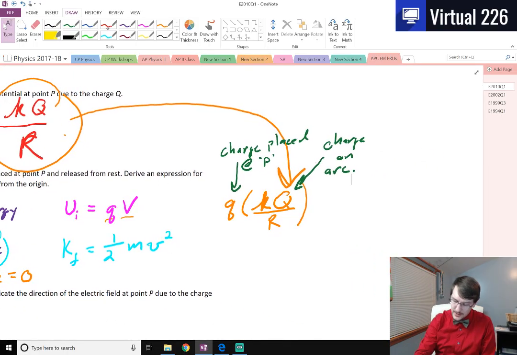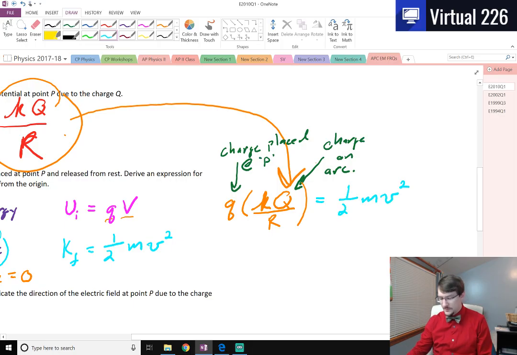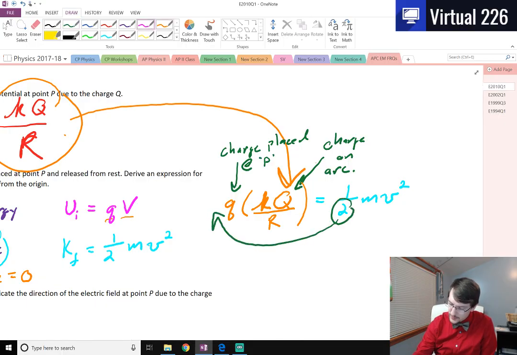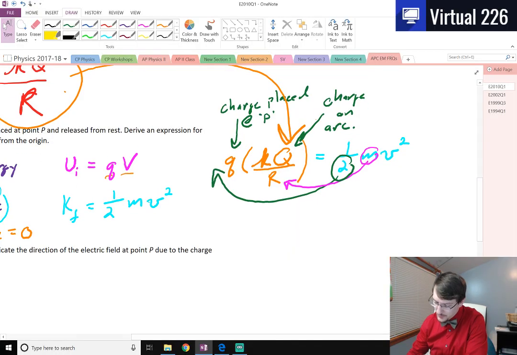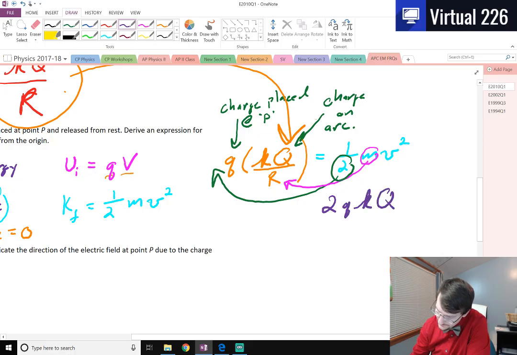Okay, so we've got QV, and that has to equal 1/2 mv squared. So now if we just want to go ahead and solve for velocity, we can do that. A little bit of algebra time. We're going to take this 2 and multiply it over, and we are going to then divide by the mass, and then we're going to take a square root. So when we move the 2 over, we're going to get 2qkQ, and then in the denominator, we have our R, and when we divide it by that mass, divided by m, you have the mass. That equals the